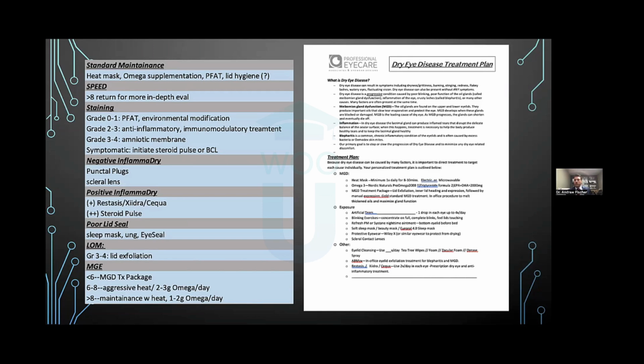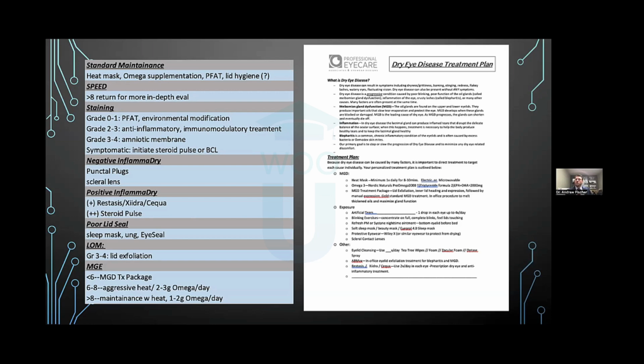Something I didn't mention that again is pretty easy for us to integrate in: don't forget about punctal plugs. I know going through punctal plugs on patients that might have inflammation can be potentially problematic, but on patients that need more tears on their eyes, you can do very temporary punctal plugs that let them have more tears while you're managing the inflammation as well. So keep that in there.